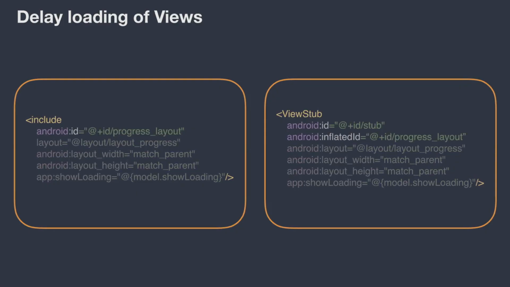On the left hand side, you can see there is an include layout. I just replaced that tag on the right hand side with a view stub, provided an Android ID for the stub and an inflated ID, which would be used to refer to this layout once it's inflated. Once we have loaded it on screen, the ID for the stub would become null, so it can give you a null pointer exception. So you want to use the inflated ID once that view is inflated on screen. So that's why the tag there.